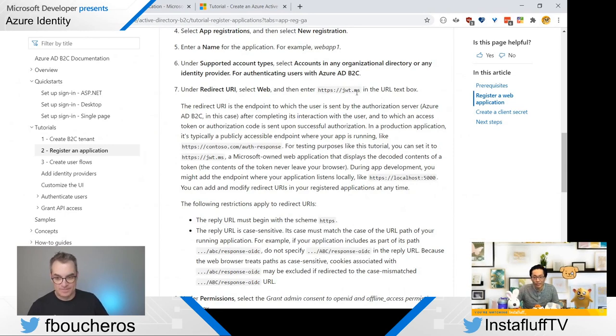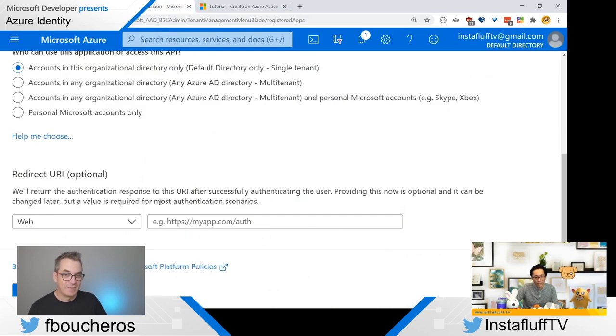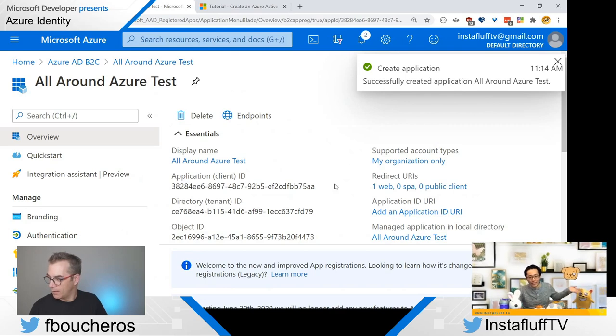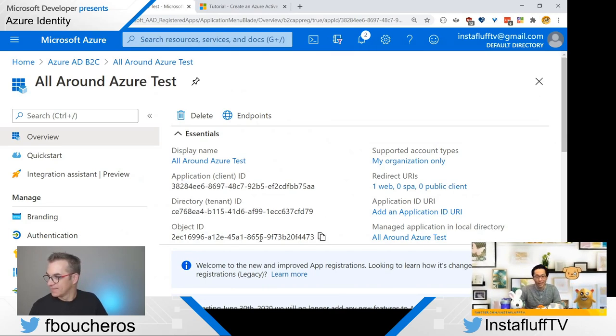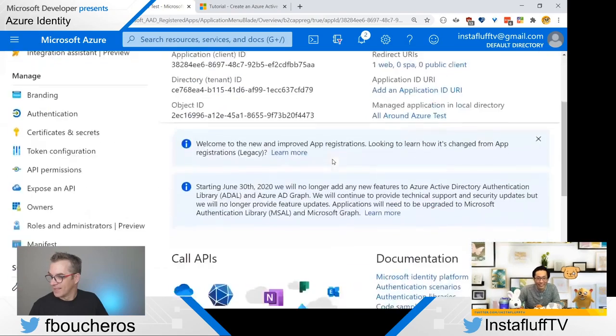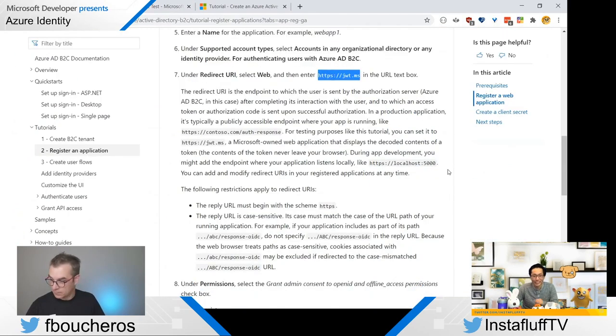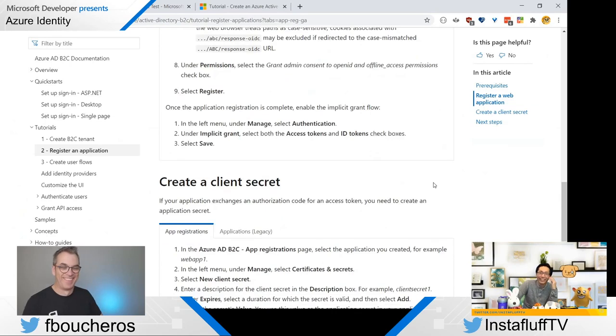Ooh, and then here we go. This is what we gotta do. This is a test redirect URL that lets you handle it for you. So like Azure will set this up for you, jwt.ms, and it's got the response, all this stuff. So we can set this in here for now, and that helps us test it out. So we register, and voila. This is the application ID and all this other stuff. And so that was really fast. It is fast. I don't remember app registrations being so fast. Wow. And I think that's pretty much it for step 2. It's so easy. This is like a 5-minute demo, right?